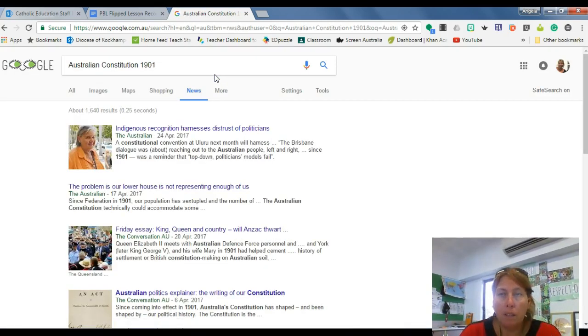There's still lots of news about the Australian Constitution, and you know, sometimes there's a lot of talk about changing little bits and pieces of it. So it's still in and out of the news to this day because we still have it. To go back and see and maybe find out if they've got anything from the 1900s or the early 1900s,